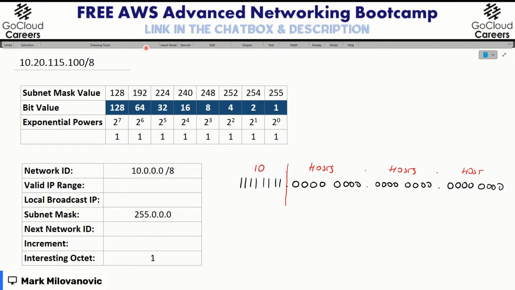Okay, James says 1. Does anyone agree with James or disagree? Well, remember, this is the subnet mask value. I'm asking about what is the bit value. I was just pointing here so you know what column I'm talking about. I'm looking at these values because we're trying to figure out what this 1 means in decimal. Okay, it's actually going to be 1.